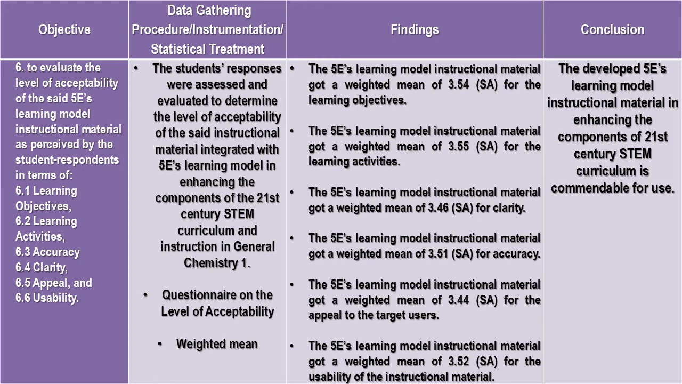So for the major findings, in terms of learning objectives, learning activities, clarity, accuracy, appeal to the target users, and usability, they have weighted mean values of 3.54, 3.55, 3.46, 3.51, 3.44, and 3.52. And these values fall under the strongly agree descriptive rating. It means that the developed 5E learning model instructional material in enhancing the components of the 21st century STEM curriculum